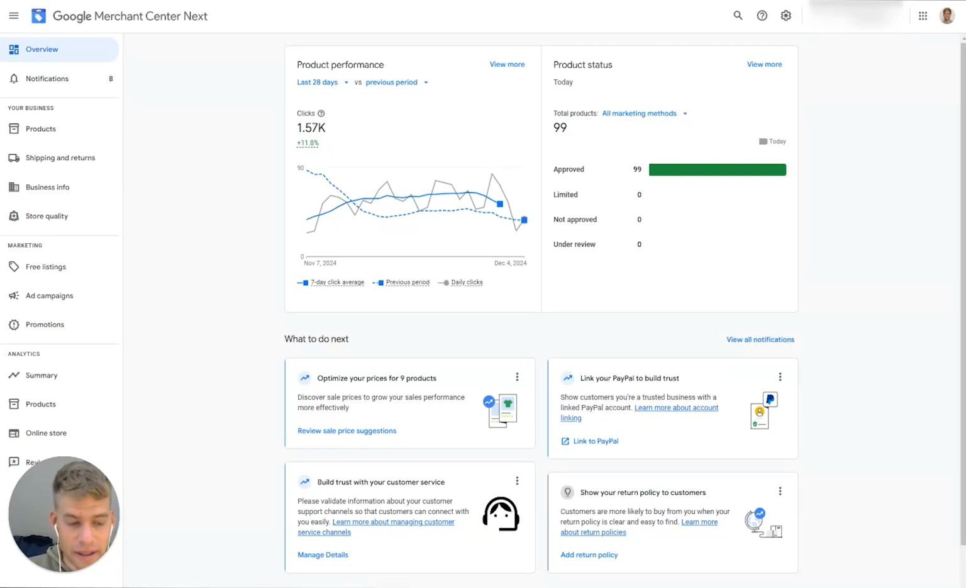Hi, this is how to activate and set up a supplemental feed in Google Merchant Center Next, as well as how to optimize your product feed using the supplemental feed. So diving straight into it in Google Merchant Center Next, in order to use the supplemental feed feature, you first